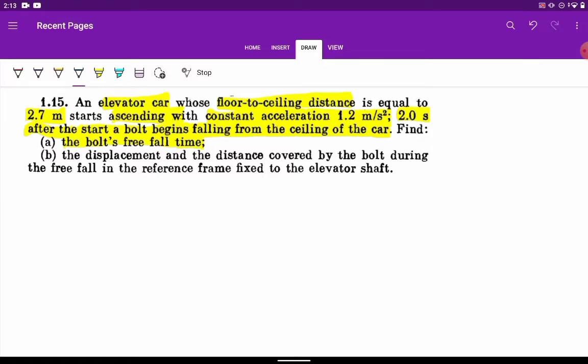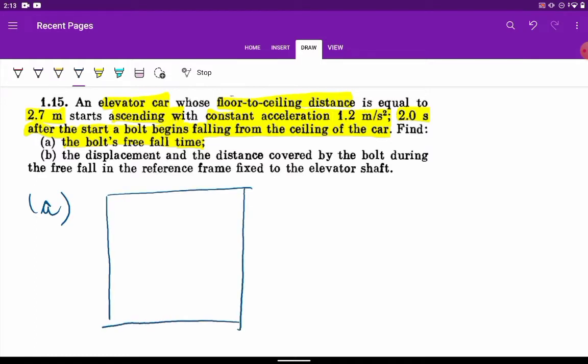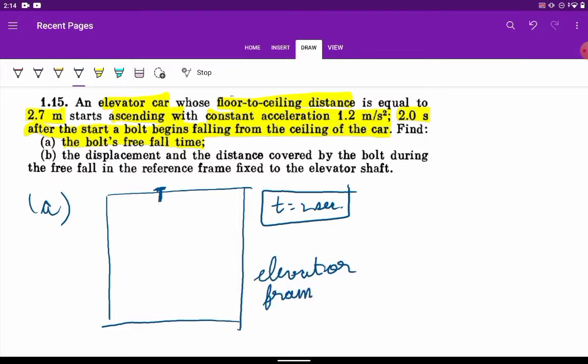So let's draw the scenario. I'm drawing the elevator as a box. This is a bolt that starts falling from the ceiling of the car at t equal to 2 seconds, considering the lift started going up. So at t equal to 2 seconds it starts falling, right? Now if we stand on the elevator, so elevator frame of reference, if we take this, then